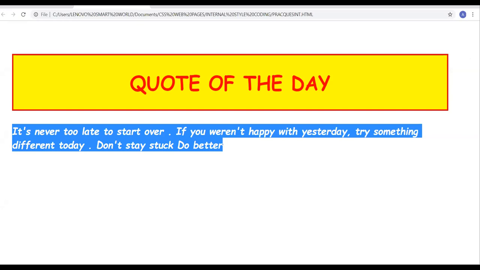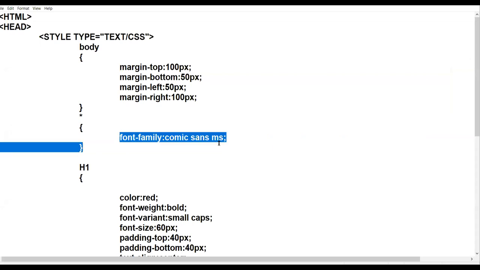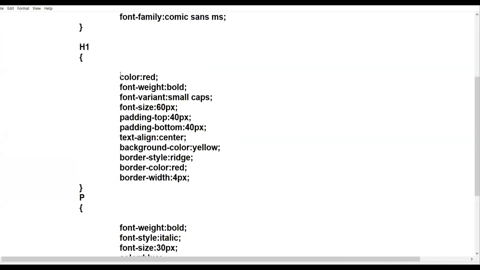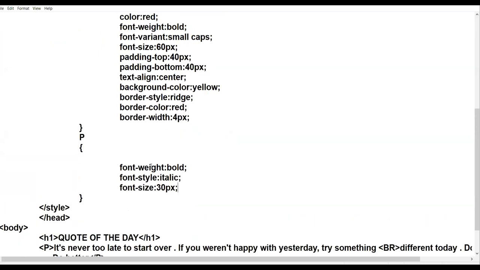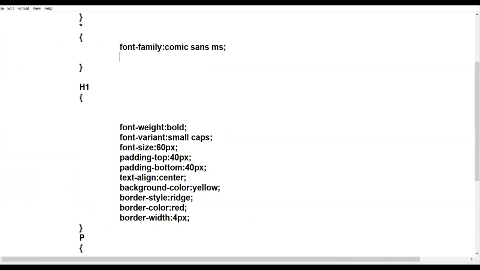Again, I show how to give the universal selector: asterisk, opening curly bracket, write the property which you want, same for the entire web page. One more property I add, heading is in red color and text is in blue color. Suppose you want the complete web page in blue color. So I omit the color property from here. I add the color property as universal selector.